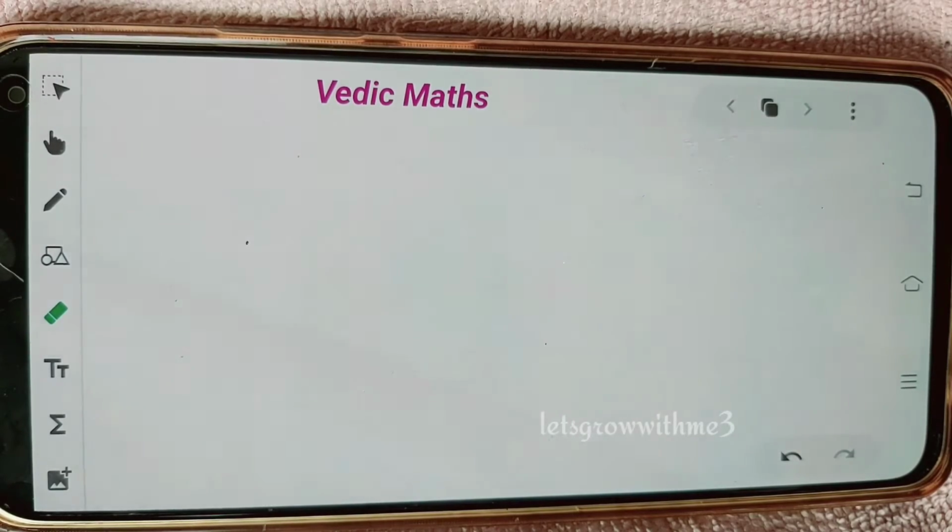So let's start today's topic. Today also we are discussing the Vedic math multiplication series. We have done a lot of questions related to multiplication with different kinds of multipliers and multiplicands. Okay, and we also know how to derive a process with the help of the conventional method.